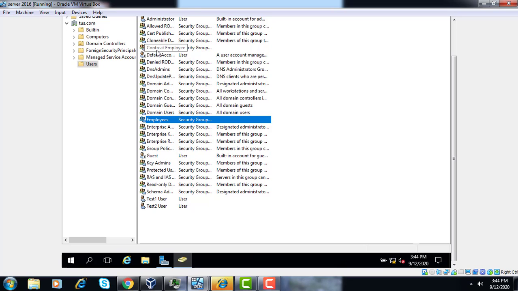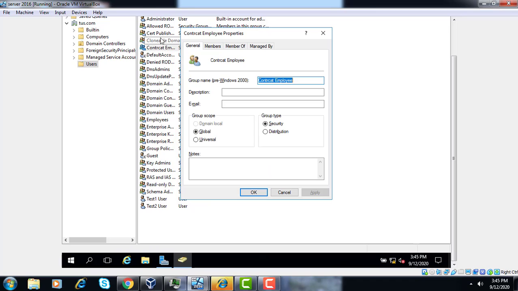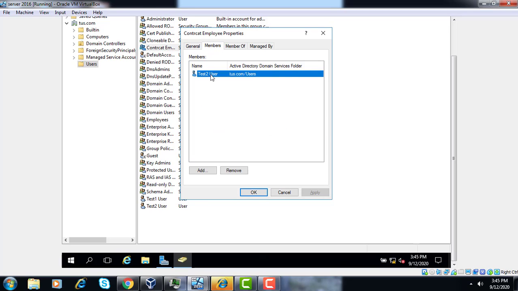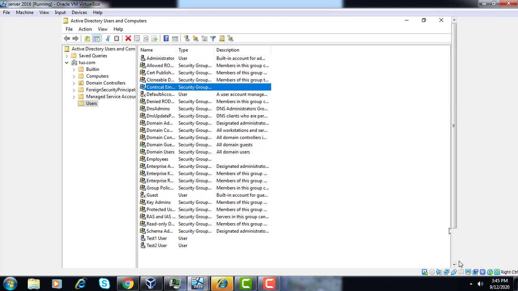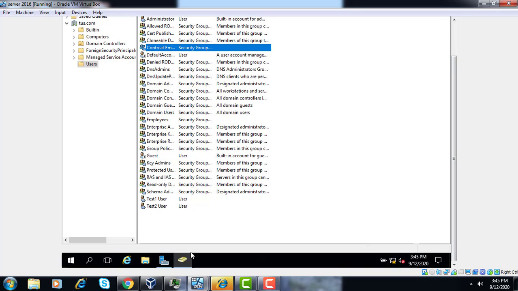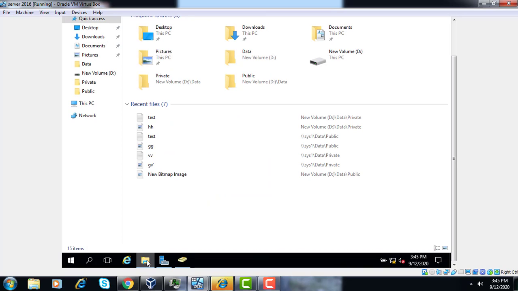In the other group, Contract Employees, we have allocated only the test2 user. Similarly, we can assign folder permissions by group. We give permission to the group because it makes the process easy. Suppose in an organization there are thousands of users.